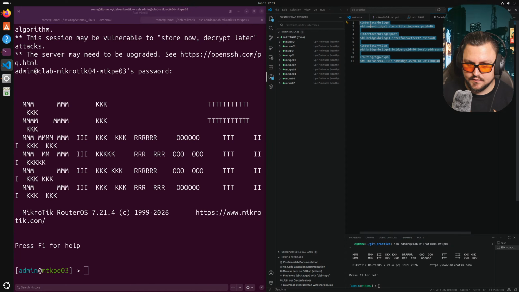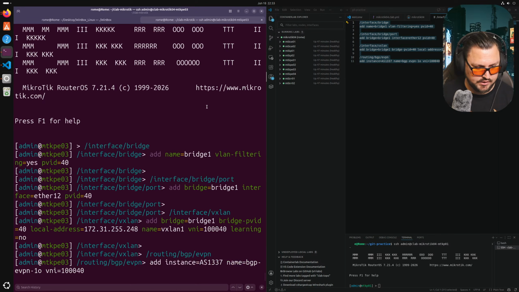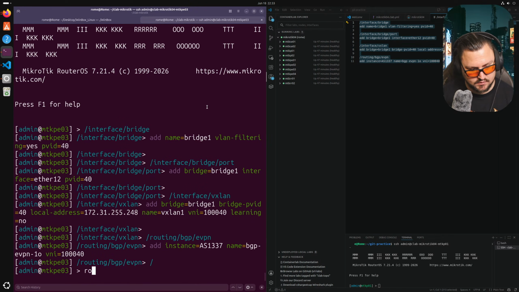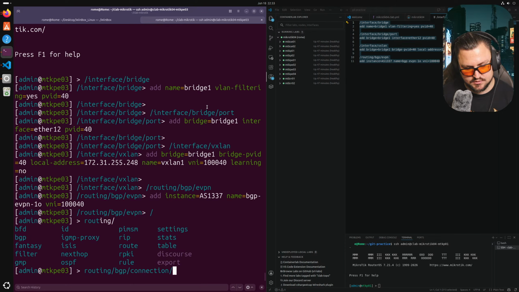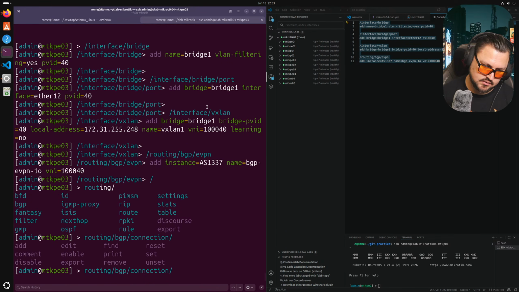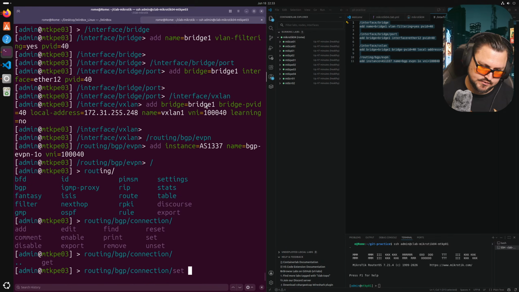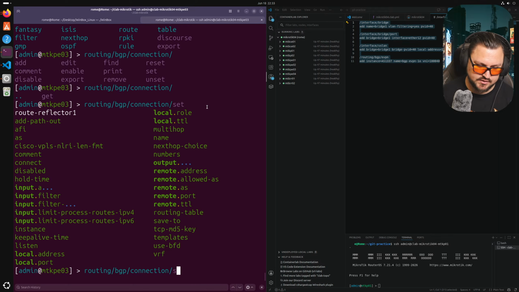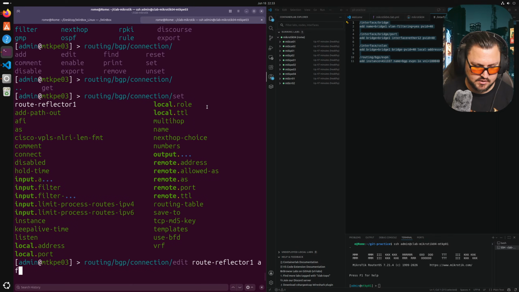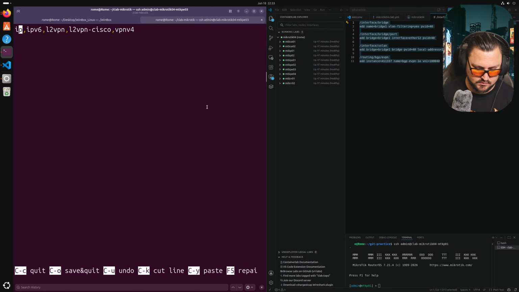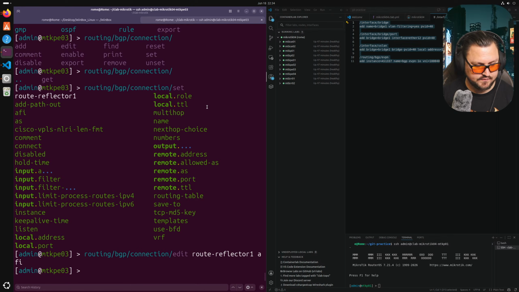I can just copy this into PE3. And then routing, BGP connection, set. Actually, let's just edit route reflector AFI. And let's just add EVPN, save that, and quickly go on to our route reflector,